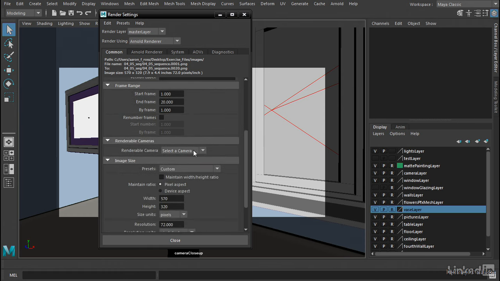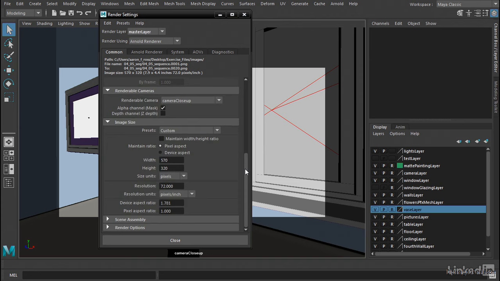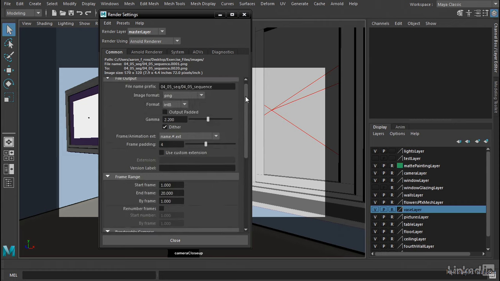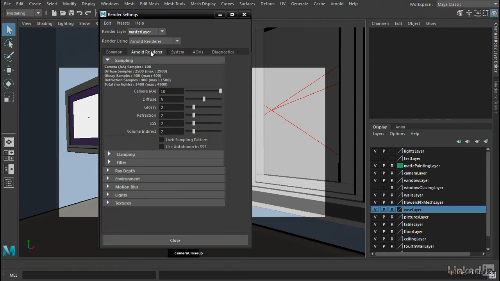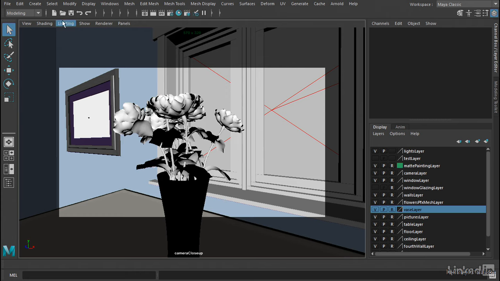Make sure the renderable camera is set to camera close-up. And I've got a standard definition render here. And even though it's a pretty low resolution render, it may take quite a long time because in our Arnold renderer tab, we previously set the number of camera anti-aliasing samples to 10 and the number of diffuse samples to 5. So those are the render settings,